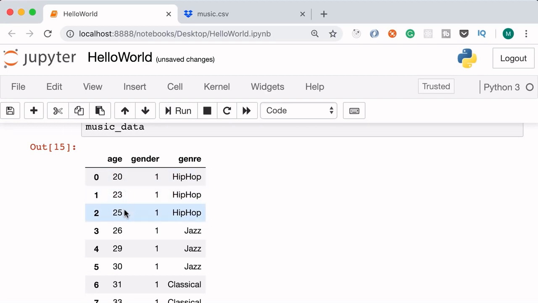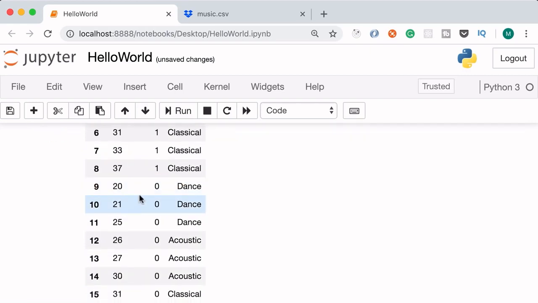We don't have a sample for a 21-year-old male. So if you ask our model to predict the kind of music that a 21-year-old male likes, we expect it to say hip hop. Similarly, I've assumed that women between 20 and 25 like dance music, but we don't have a sample for a 22-year-old female. So once again, if you ask our model to predict the kind of music that a 22-year-old woman likes, we expect it to say dance.